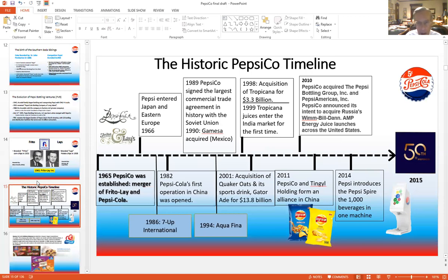PepsiCo now is making a comeback, and it's making large investments. I was in Russia just recently and saw one of PepsiCo's large facilities. Didn't go in, but I saw it. Anyway, in 1990, the year after the Russia foray, PepsiCo acquired a large maker of cookies in Mexico called Gamesa,